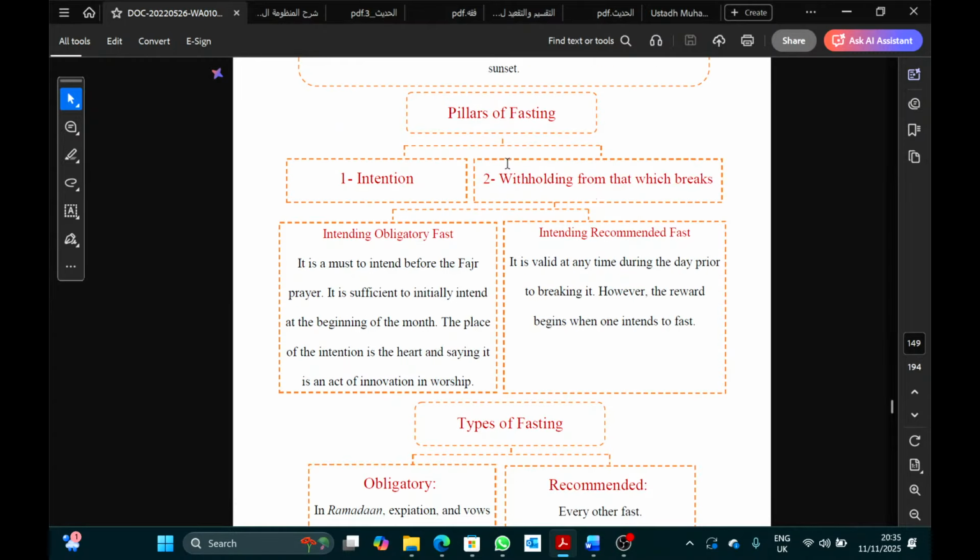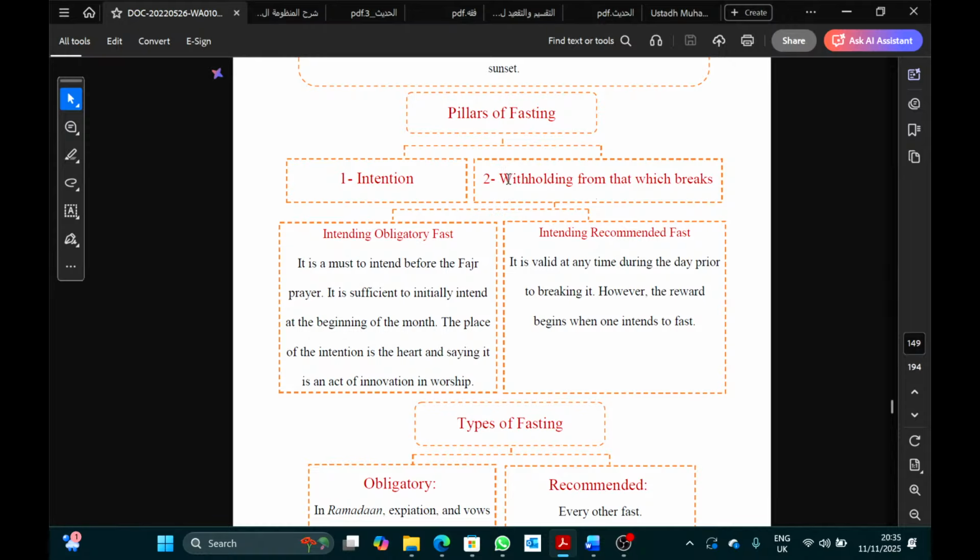2 pillars. If you want to summarize fasting, what makes your fasting correct? 2 things. Number 1, you have the intention. And number 2, you stay away from everything which breaks your fast. If you do that, you have the intention in the morning, I'm going to fast today, and then you don't do anything which breaks your fast, khalas, you've done your fast. Okay? Now, with the intention, as you can see, they've put number 2 into 2 parts, but it should be the first one. Intention is 2 types, not the second one. Why have they done this?